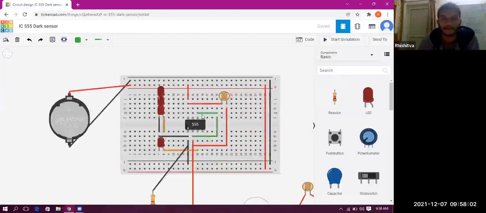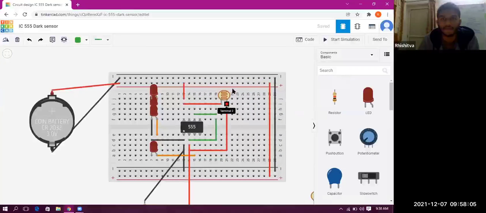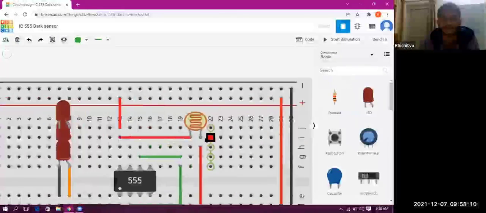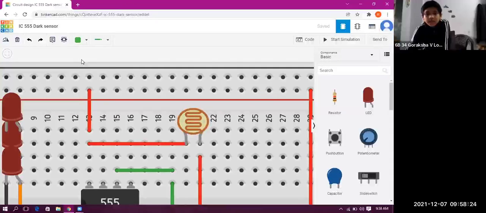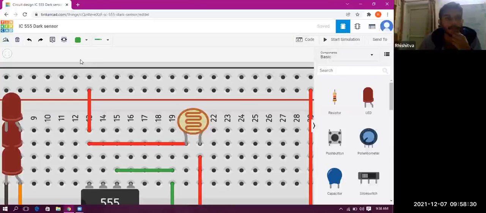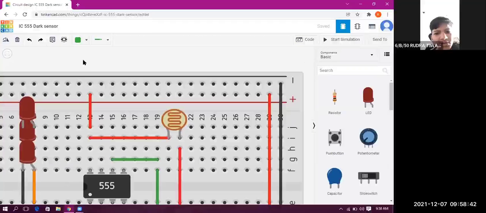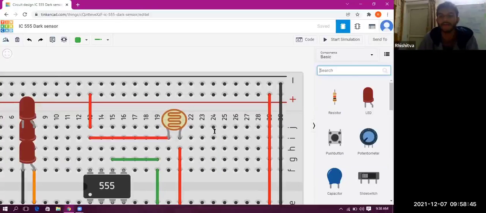Over here we have a component. Does anyone know what this component is? Can any student tell me? If not, there is no issue, I will explain it to you later on. Any student who is able to identify this component that my cursor is on? Okay, we have Goraksh. Yes, Goraksh. Sir, that is a light dependent resistor. Okay, LDR, great. Martin, do you have an answer? It's a photoresistor. Yeah, great. So basically in Tinkercad, it is a photoresistor.